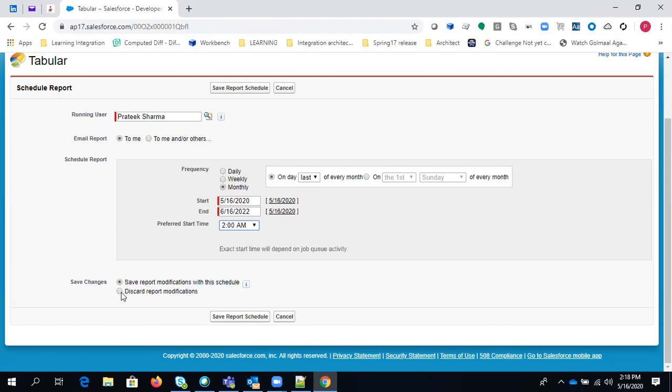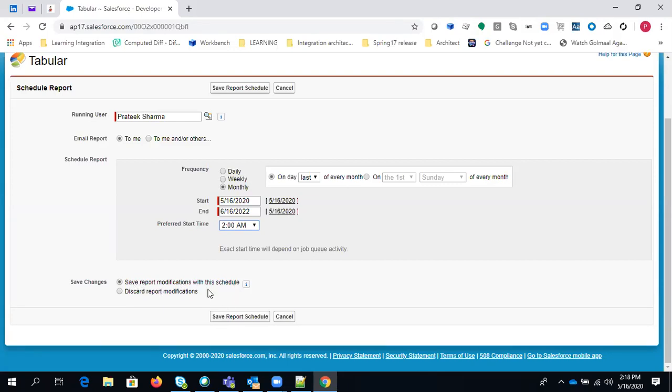Save changes, discard report modification, save report modification with the schedule. So we are just saving these modifications. If somebody modifies that report, will those modifications be included in the next run or not? Let's say the report is going to run on the last day of the month. If somebody modifies the report before that day, will those changes be counted in the next scheduled run or not?